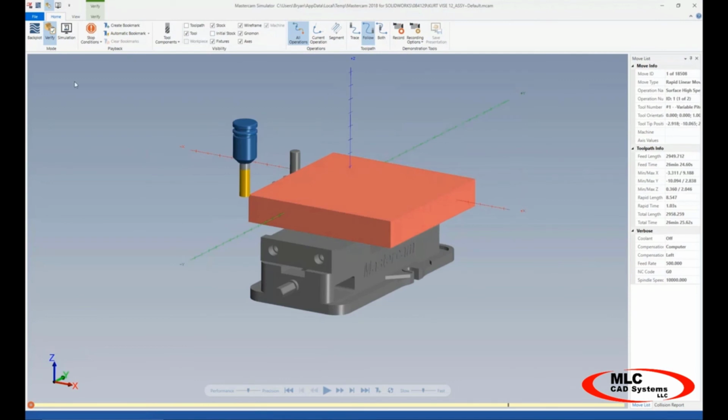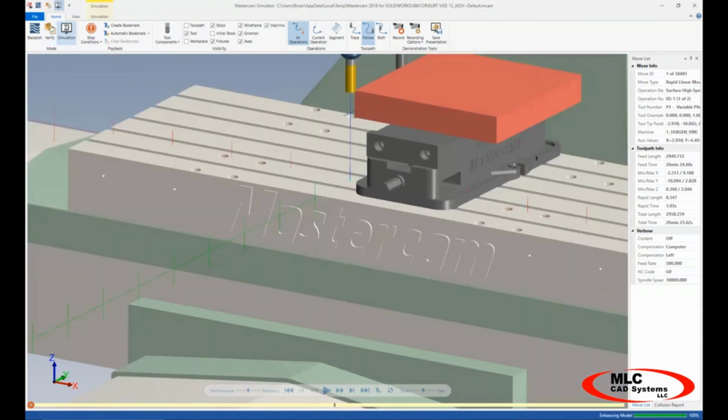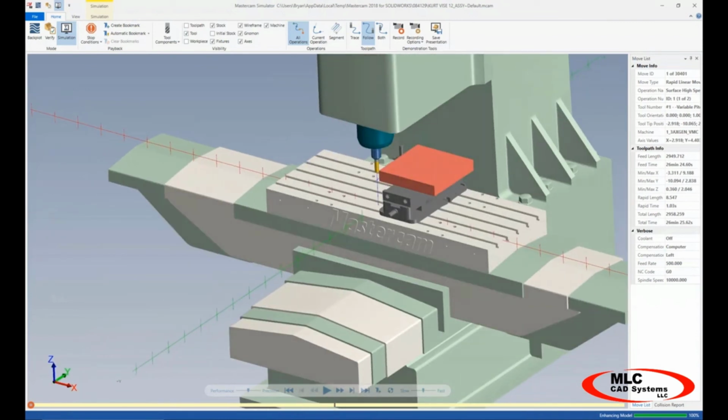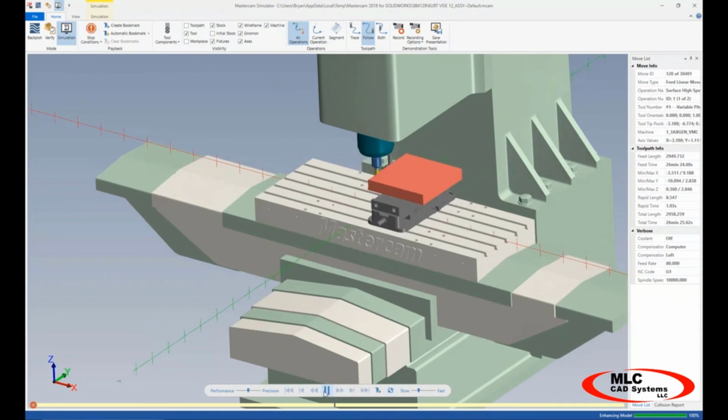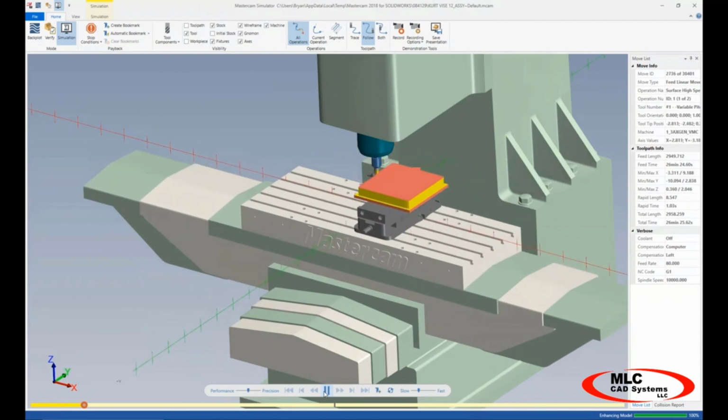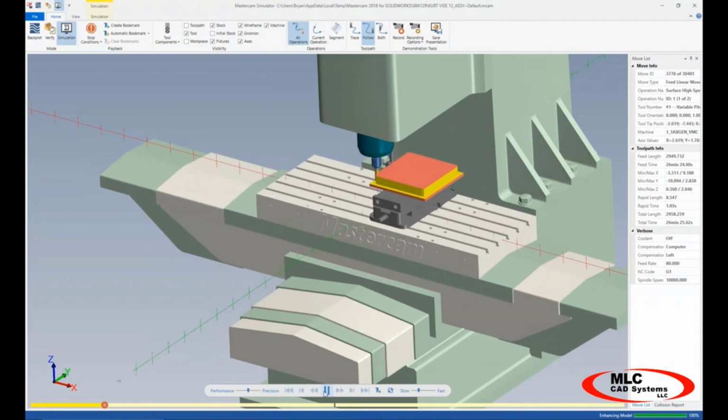Hopefully this comes up, and can show it starting with the material, or even go ahead and load that onto a machine and simulate what it's going to look like out in the shop on the particular machine that we're going to run this on, and simulate the process there. So now we see the tool moving, and we see it removing the material too. And there's several very important